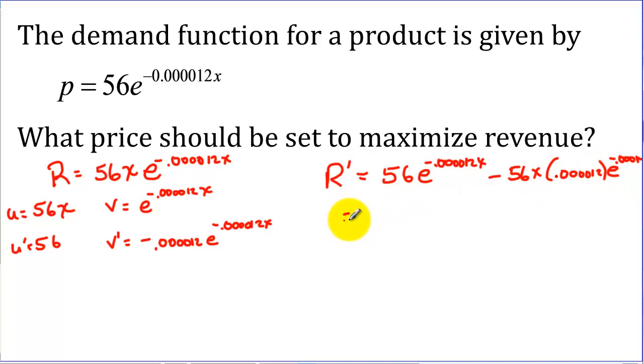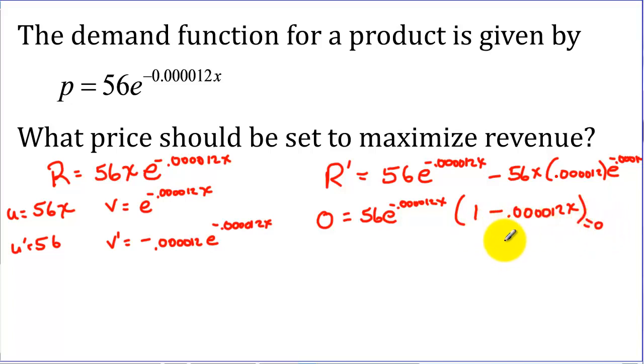So I'm going to factor out a 56 e to the negative 0.000012x, and our leftovers will be 1 minus 0.000012x. And we want to find our critical values to find our relative extrema, so we're going to set that equal to 0. Now, there is nothing that will make an exponential function equal to 0, so for this portion there is no solution. And over here, to get our critical values, we're going to set this equal to 0,